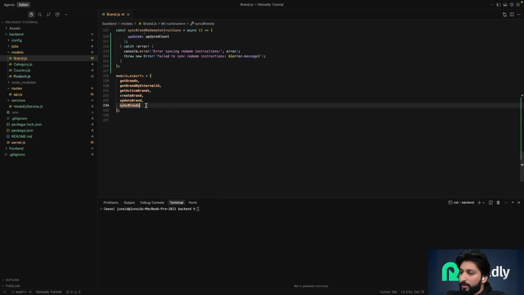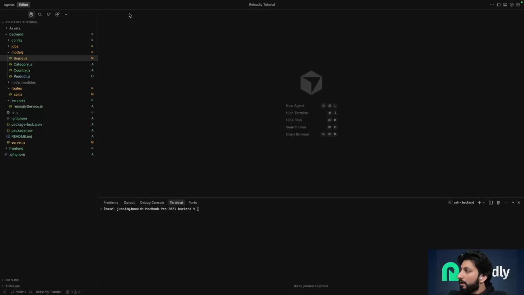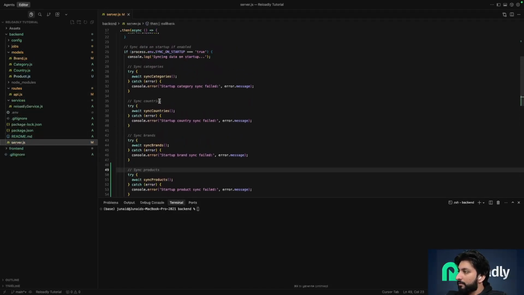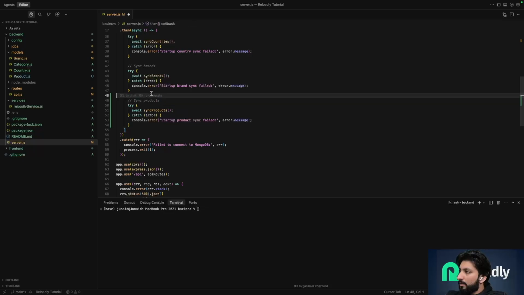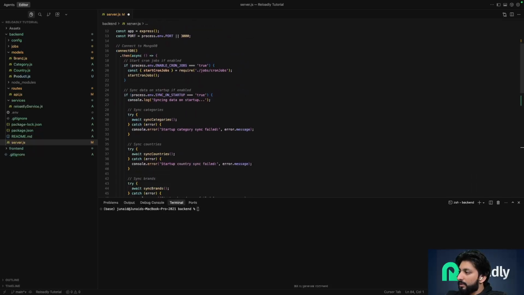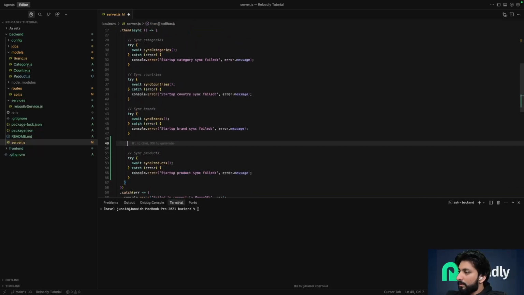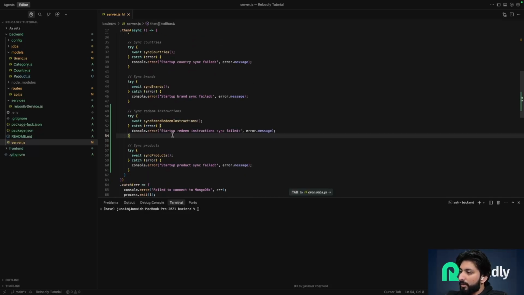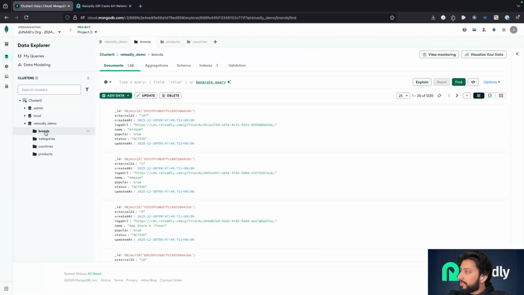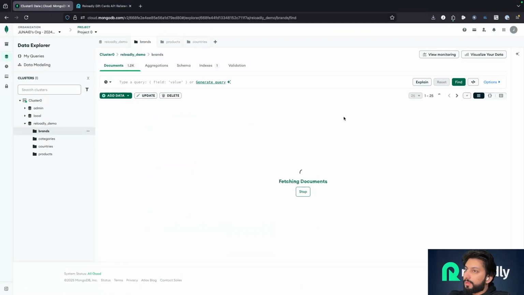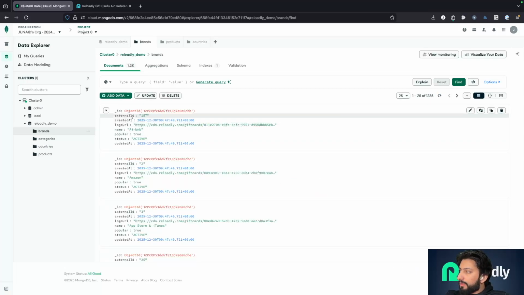Let's export this function. And we already have a syncing mechanism. So I'm going to go in our server file and include that function. And then right after the brand sync, where is it? I'm going to sync the redeem instructions. Autocomplete does it. Okay, so just to summarize, we have this brands collection, and if I refresh, that brand collection